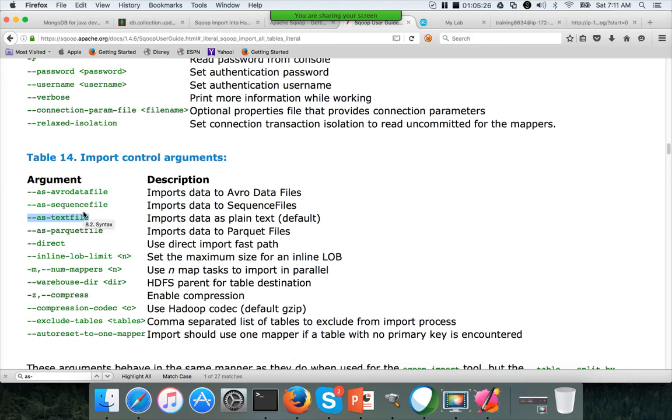If you use sequence file, data will be stored in sequence file format, which is binary format. Parquet file is a columnar storage format. Avro data file uses Avro serialization. You don't need to worry about all these file formats at this time. You can explore those things later. I will be covering Parquet file or ORC file format when we talk about Hive in detail, and also I will be covering a little bit about Avro file later. Okay,